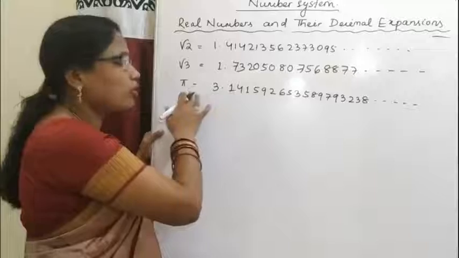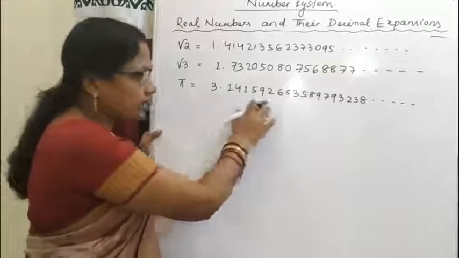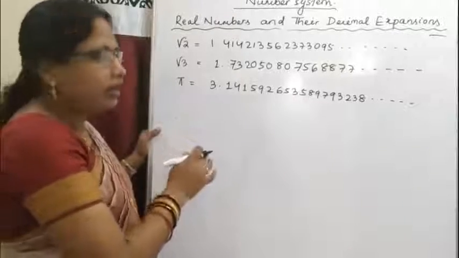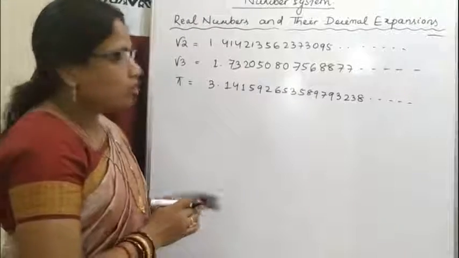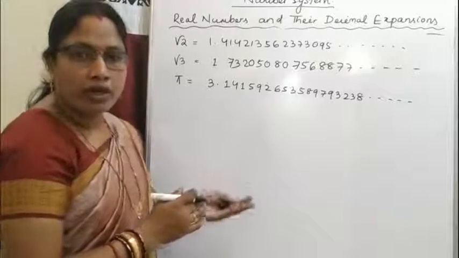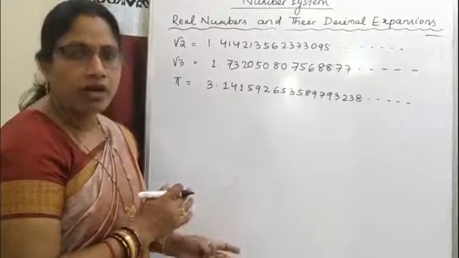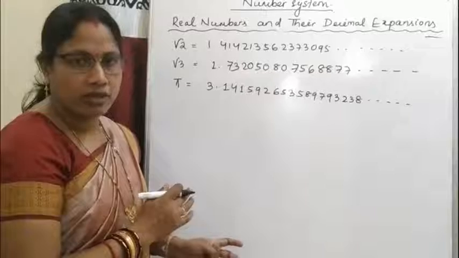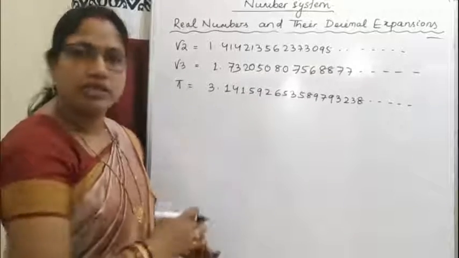So this is also the case for pi. The decimal expansion of pi is like this. So this is a non-terminating, not recurring decimal number. So pi is an irrational number. So in case of any irrational number, if you can find the decimal expansion of that irrational number, and if that is a non-terminating, non-recurring decimal number, then it is proved automatically that that number is irrational.